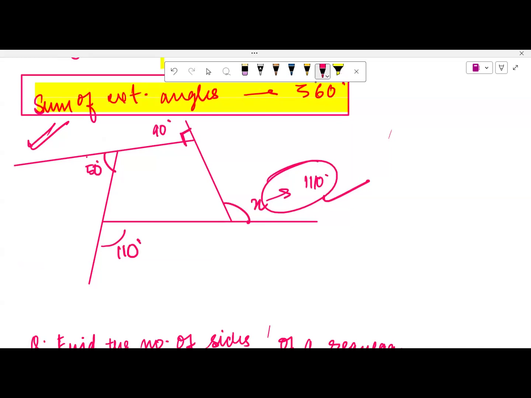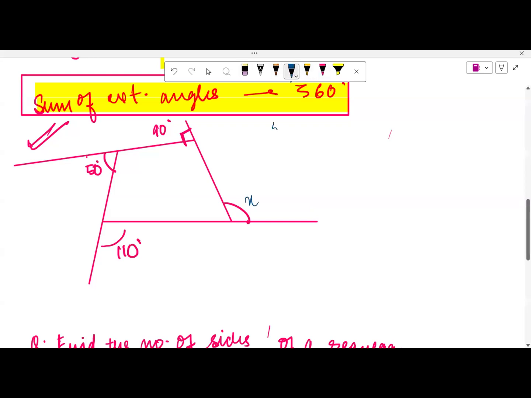Ma'am, can you explain this question? See, the sum of all the exterior angles of a quadrilateral is 360 degrees. So this 90 is given to you. This was the question. X was not given to you. When X is not given, it is only written that you have to find the value